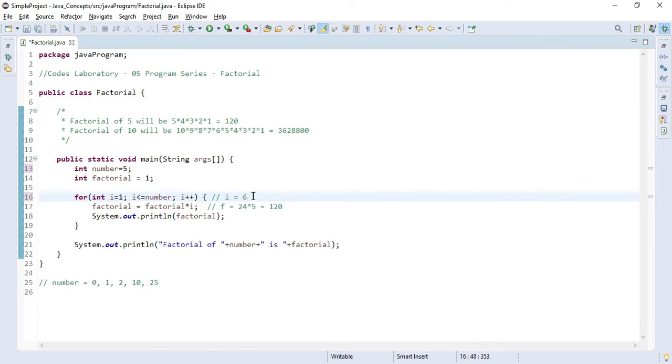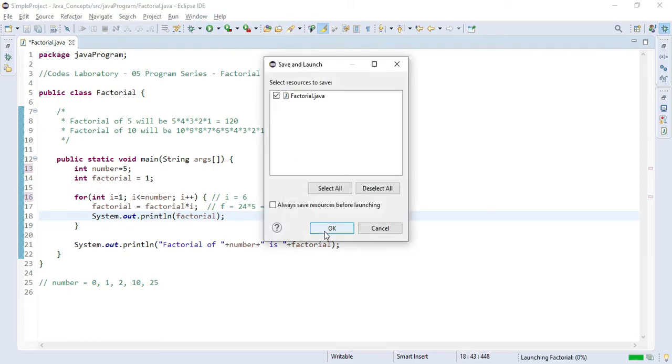Once the value of i is 6, this condition goes false, as 6 is less than or equal to 5 is false. It will break the loop, and then the program will come here and print factorial of number is factorial. Let's execute this code so that we get more understanding.